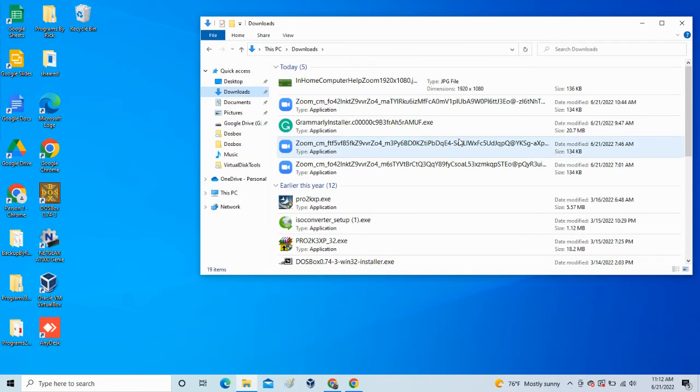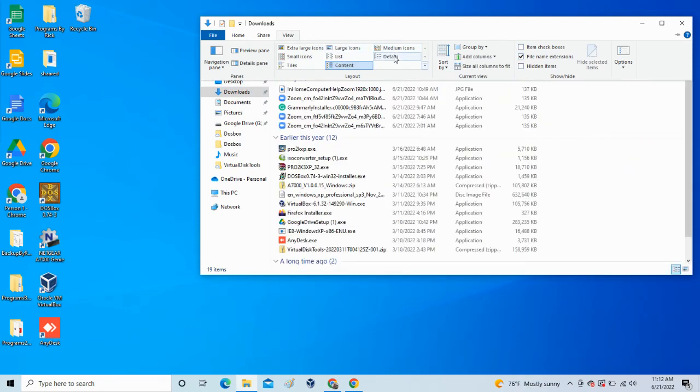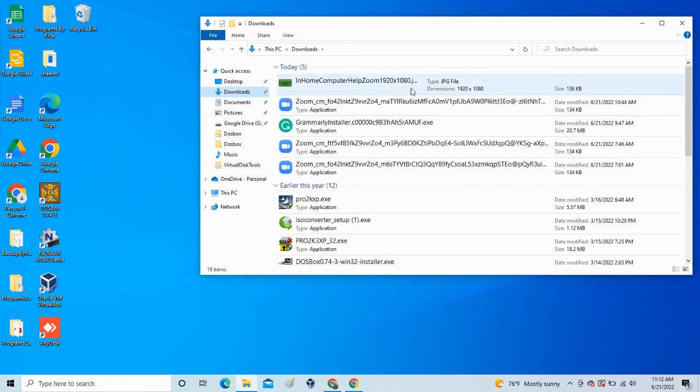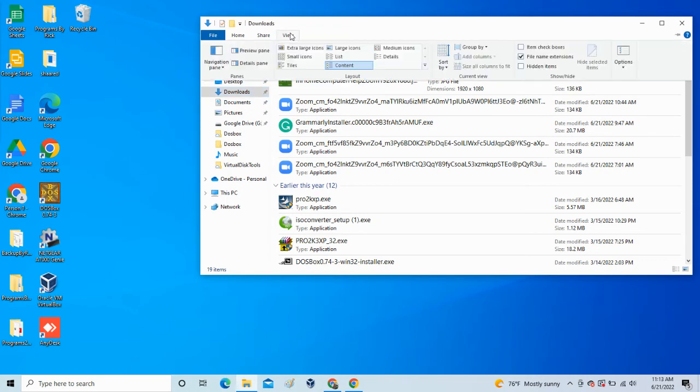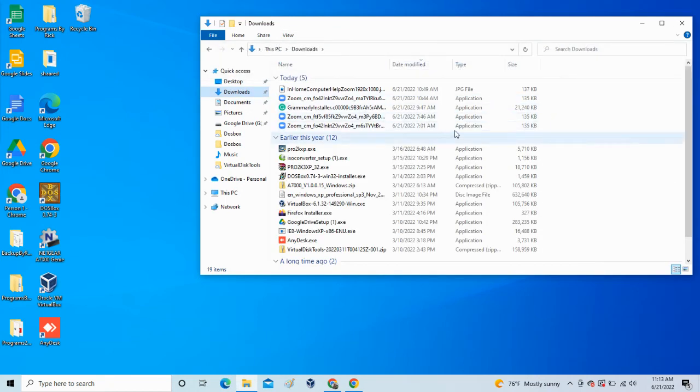Let me scroll up here. Whoops. All right, not content, details. My fault. Sorry. I'm not redoing this. You got a chance to see what content does, so that's great. It shows the file, and it's got some good information like the size of the file and the date that it was last modified. But if I go to details and click on that,